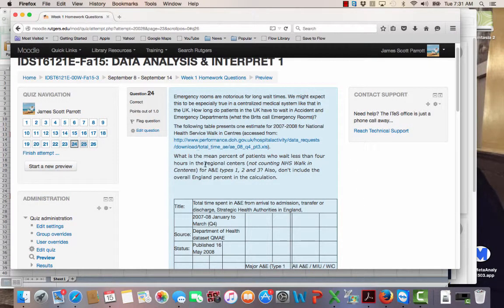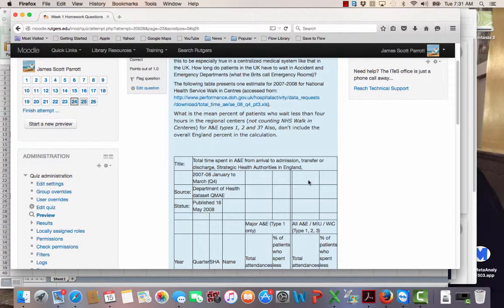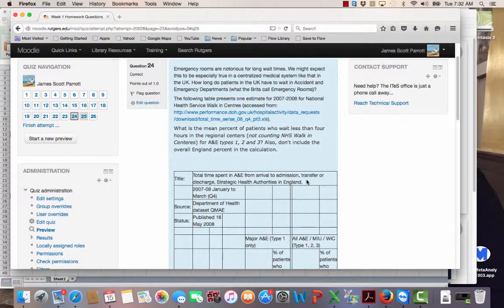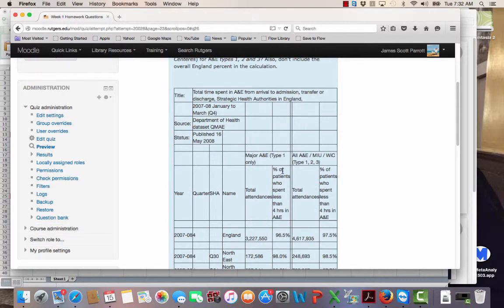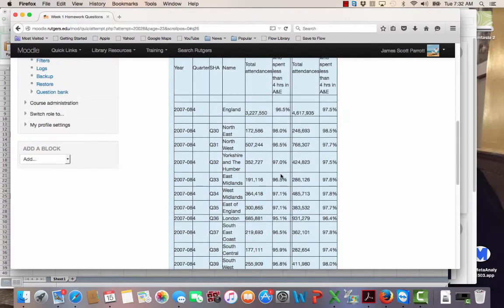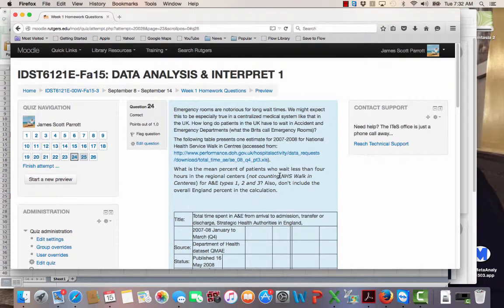You'll notice that for questions 24 through 26, they all used this information that I pulled down from the NHS website. So what we've got is a lot of information here, and what's most important is that a lot of it we don't need. Now you may be wondering, why on earth would you give us such messy data to start with? Well, here's the thing. In real life, rarely do you get nice, tidy data to do the statistical analyses on.